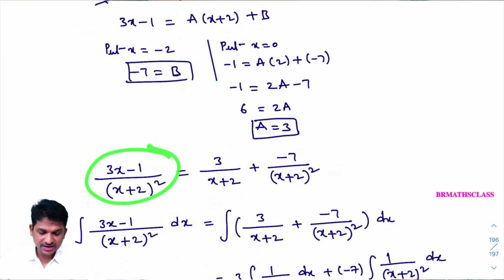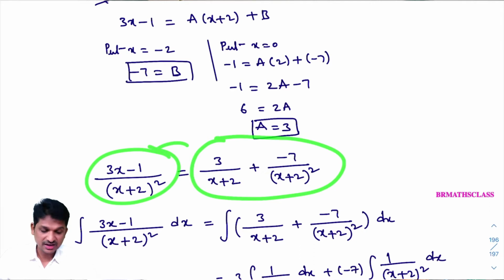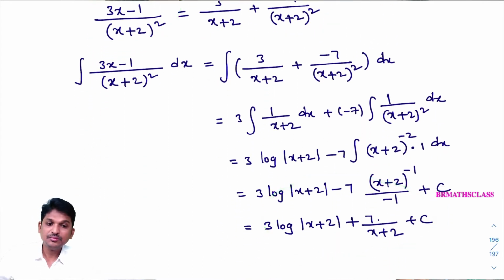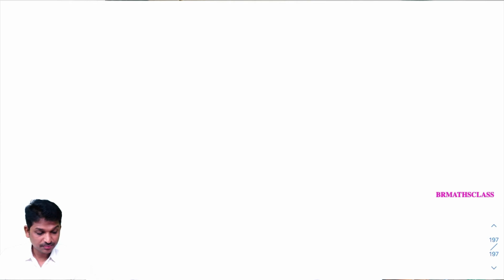Actually, I want to integrate this. Integrating this directly is a little difficult. So by using partial fractions, I split this proper function into partial fractions like this. Now the integration of this is very easy. So you see how in 2 to 3 steps we completed this. I hope you are understanding, right? So the first problem is completed. Now we'll move to the second problem.